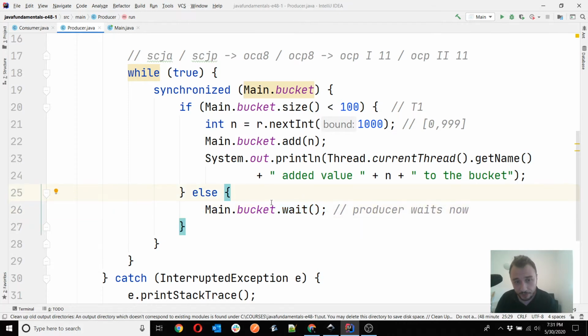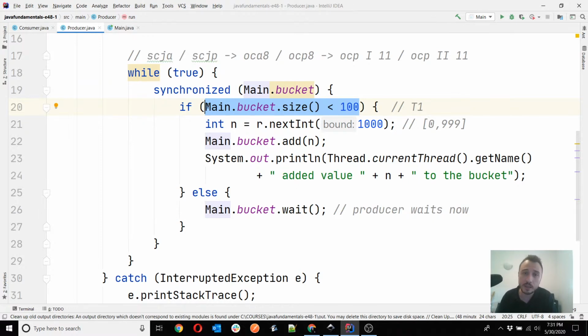Now I've told my producer that it has to wait. The next thing, logically, is to tell my producer to continue. And when would the producer want to continue? In our case, our producer entered the blocked state because the list already had enough elements and the producer couldn't add more.